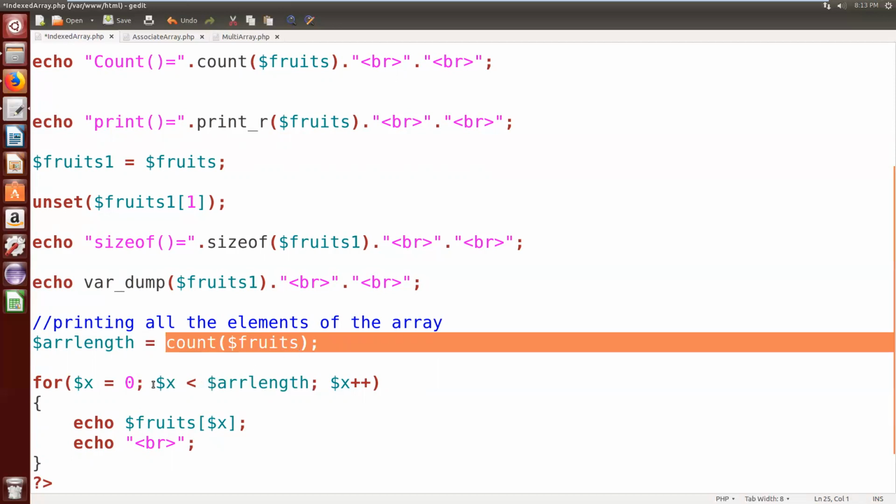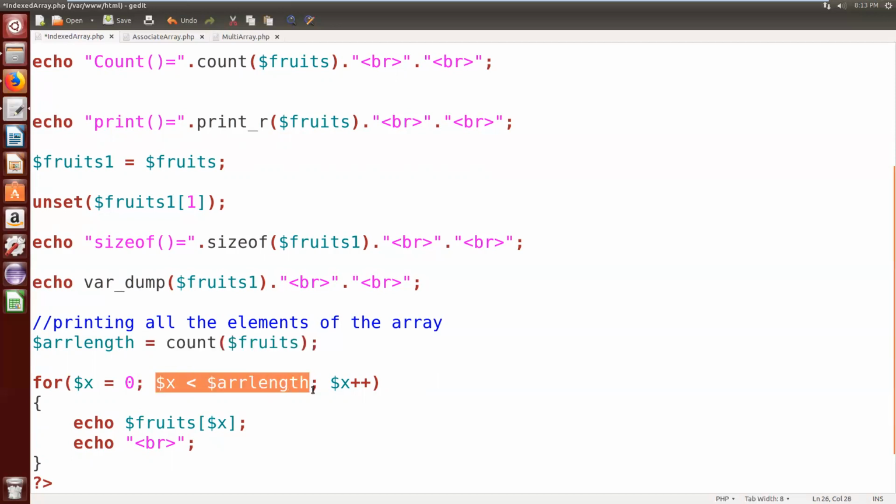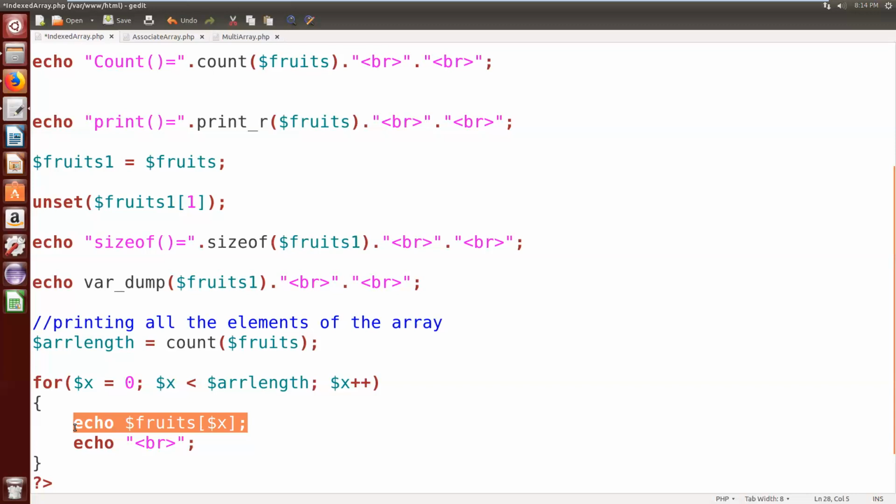So until x is less than the array length, this loop continues, and each element of the array I am printing using the echo statement. After printing, every time the x pointer moves to the next position for printing the next value. This is about the indexed array.